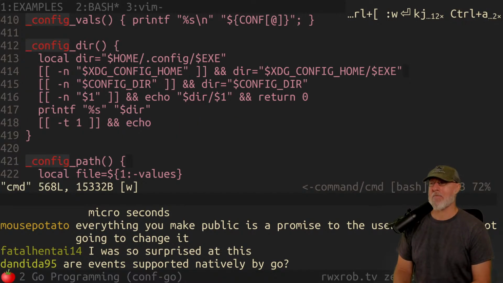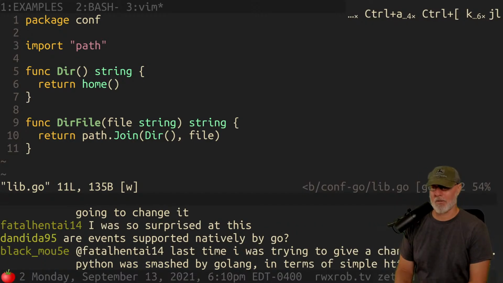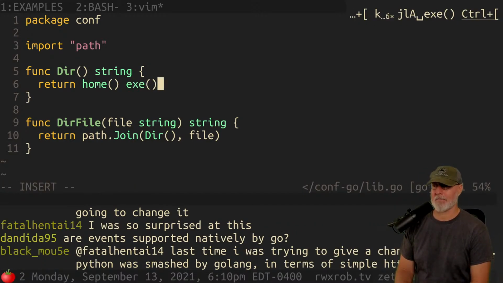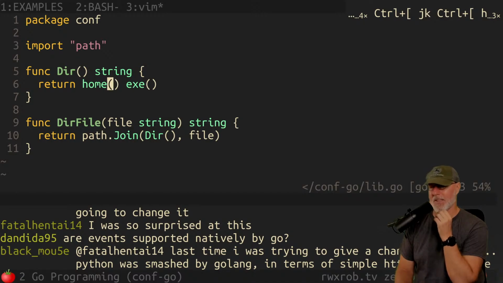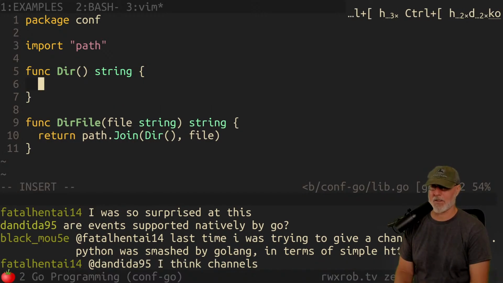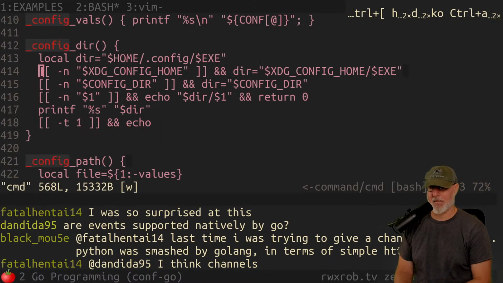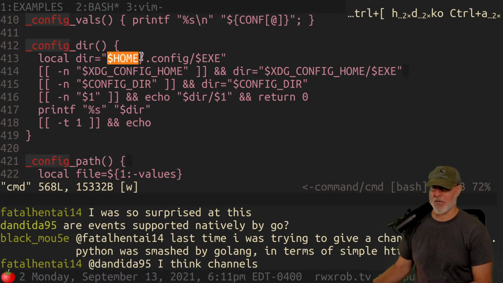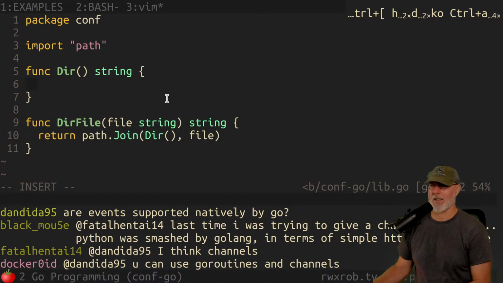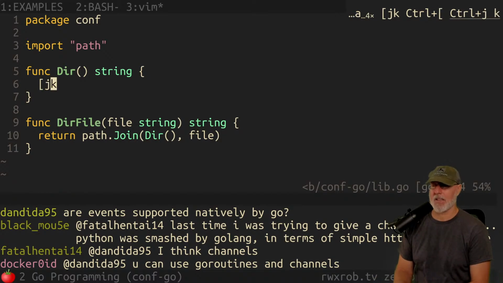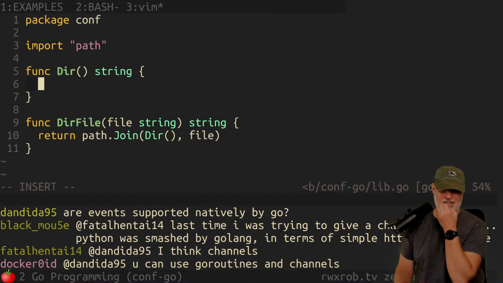We need, okay, so dir, right? So now we have home and we have exe, and those are going to be blank. And we're going to join those with slashes. See, this is where things get really interesting, because I need to do some parameter checking. Otherwise, I'm going to end up deleting all kinds of things. So over here, home is guaranteed to never be something dumb. It's just always going to be the right thing. Exe is always going to be something. But if I'm going to do it with proper error checking, I should not do anything with it if it's empty. So that means I have to check all those values. I have to validate them.